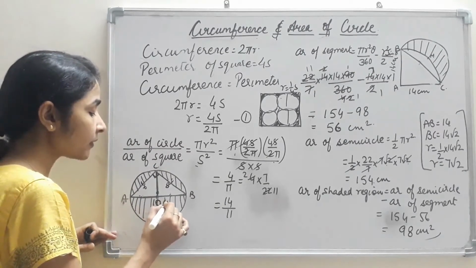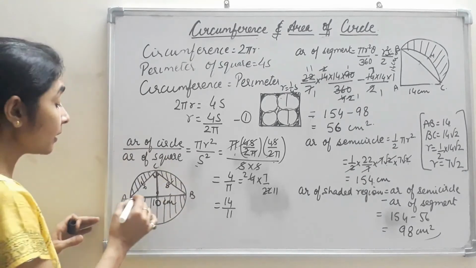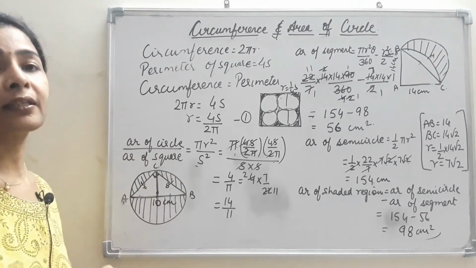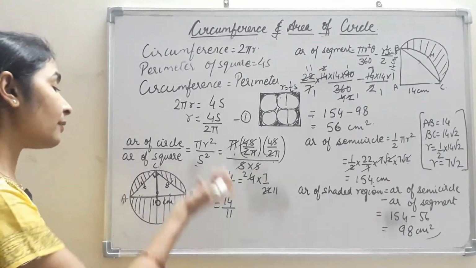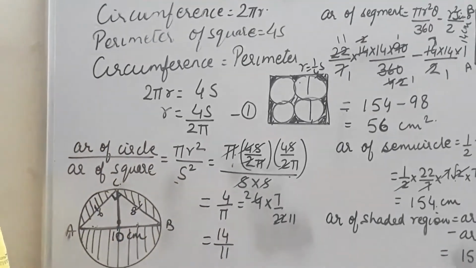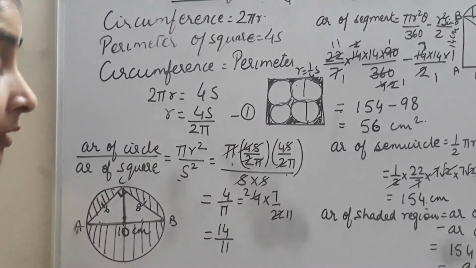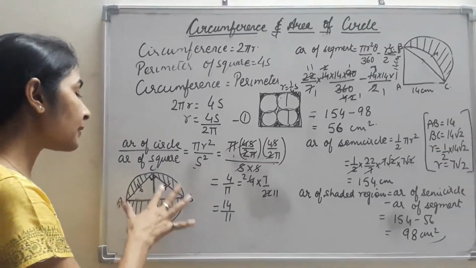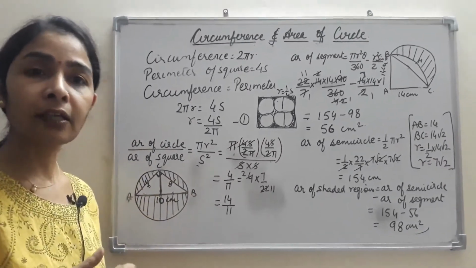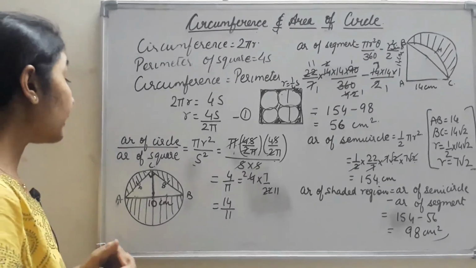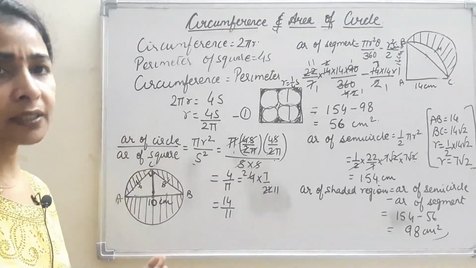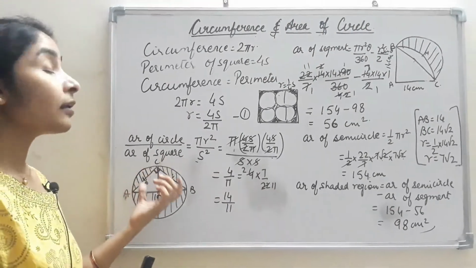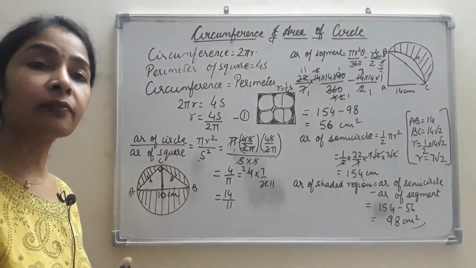When the diameter is equal to 10 centimeter, then the radius is equal to 5 centimeter, and on the basis of that we can find out the area of the circle. So finally, in this case we are supposed to find out the area of the shaded region by just calculating the area of the circle, as some hint must be given in the question, and subtracting the area of the triangle from it.